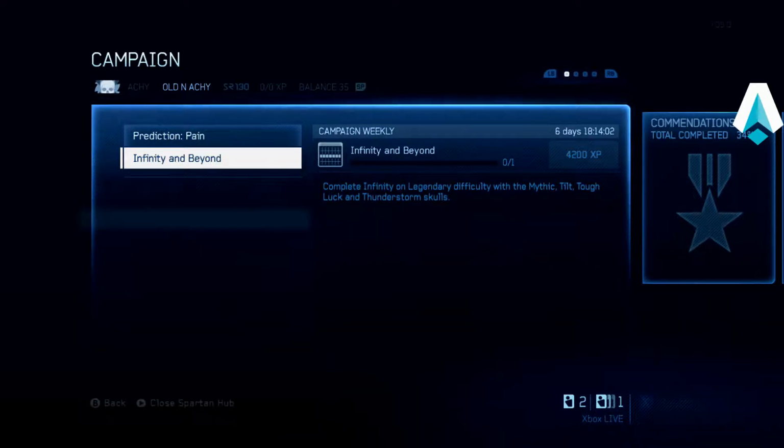Aldenaki here with another Halo 4 campaign mission walkthrough, and today I'm going to show you how to get the second of the 2 weekly campaign challenges for the week of June 23rd through the 29th, which is Infinity and Beyond, which requires a completion of the Infinity mission on Legendary difficulty